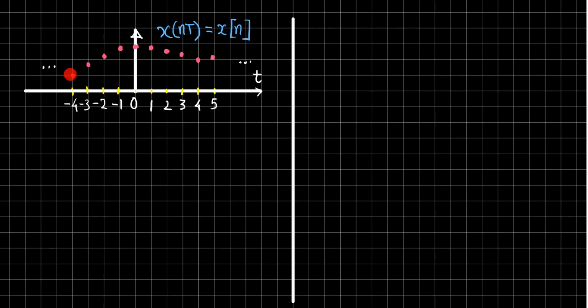This discrete sequence is nothing but x of nT, and a shorthand notation will indicate that with x of n, just because now it is a function not of t, but of the discrete variable, that is n. This is a function of n, that is an integer. This is the discrete sequence that we would like to obtain,